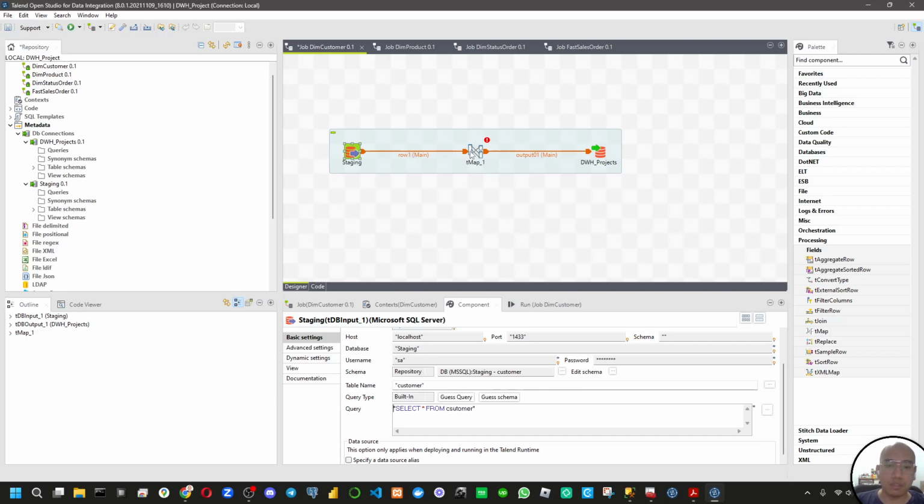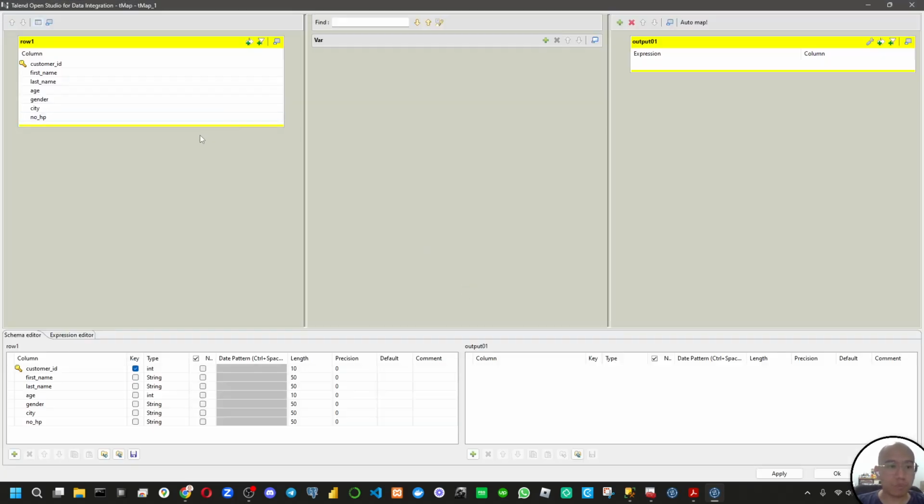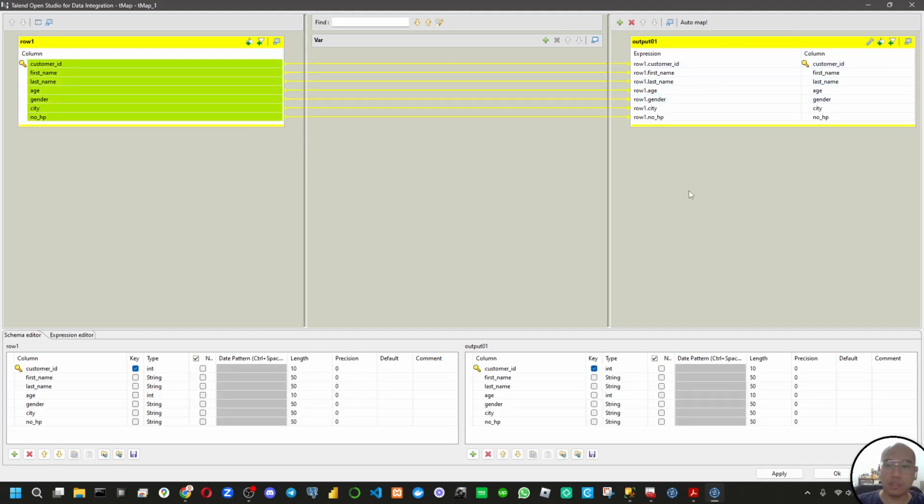And then we click on the tmap. This is the map editor. We want to block all of the column names here and then drag it to the output. Now we're gonna combine the first name and last name to become only the full customer name here.